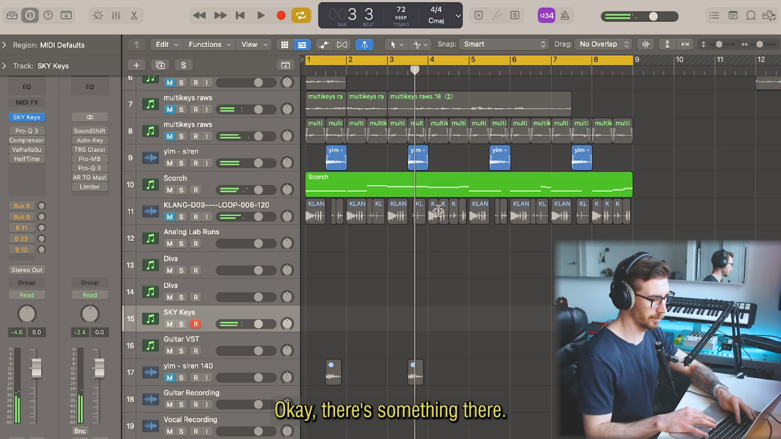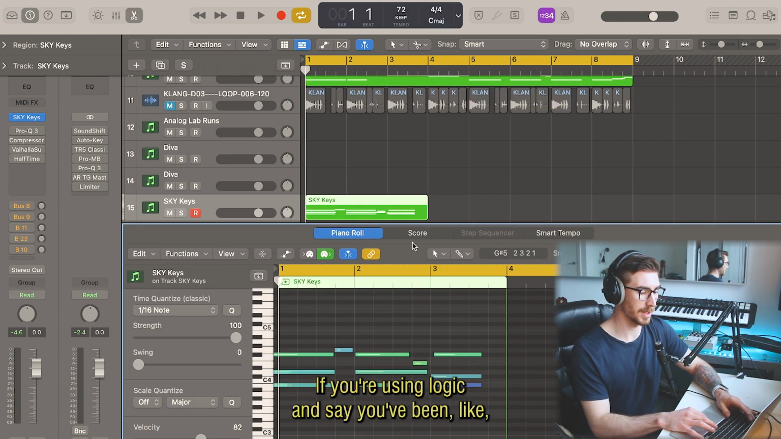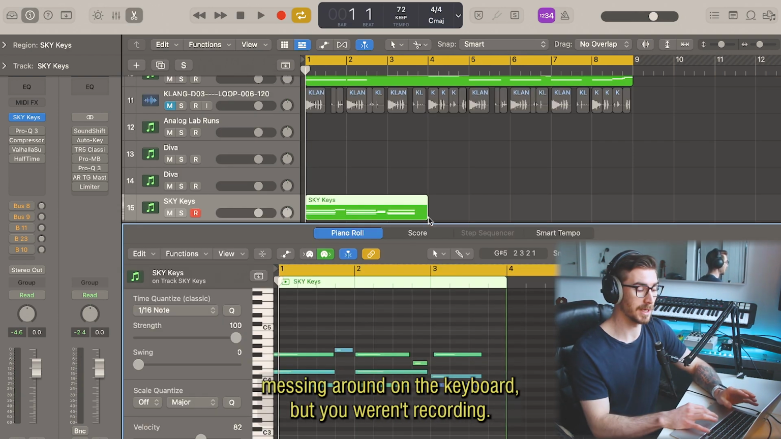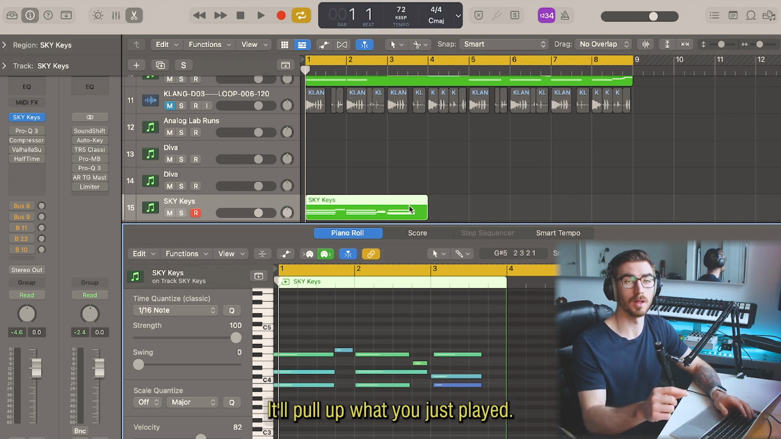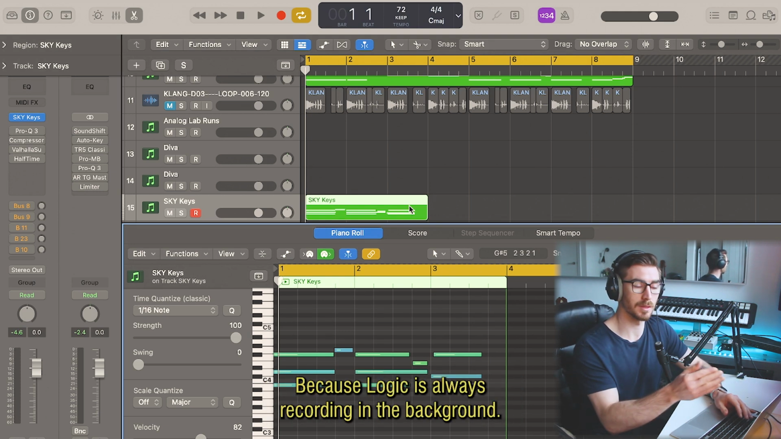Okay, there's something there. Just a quick tip, if you're using Logic and say you've been messing around on the keyboard but you weren't recording, if you just do Shift R, it'll pull up what you just played because Logic is always recording in the background, so